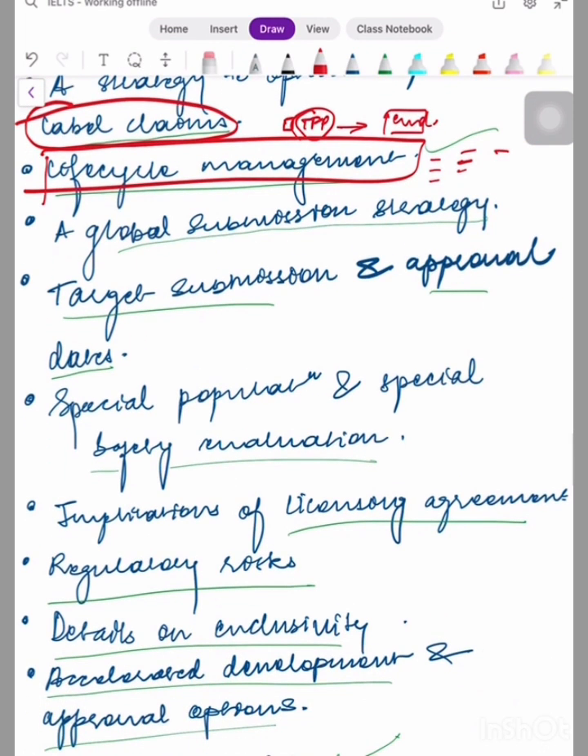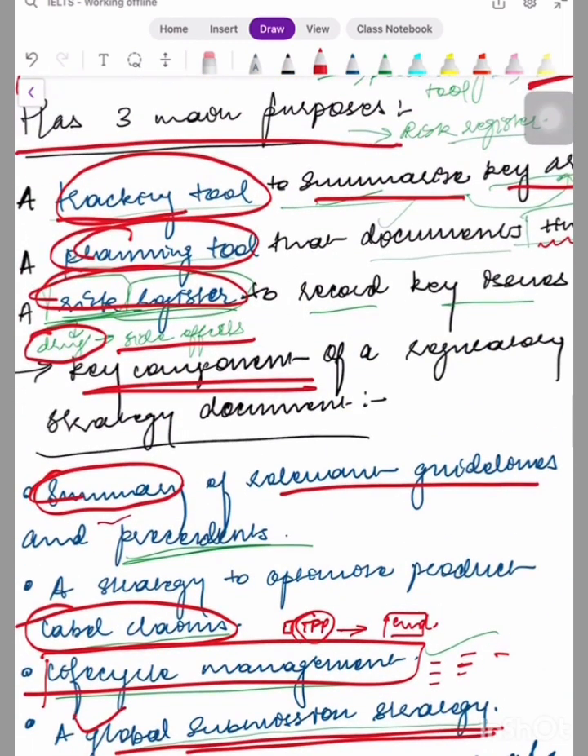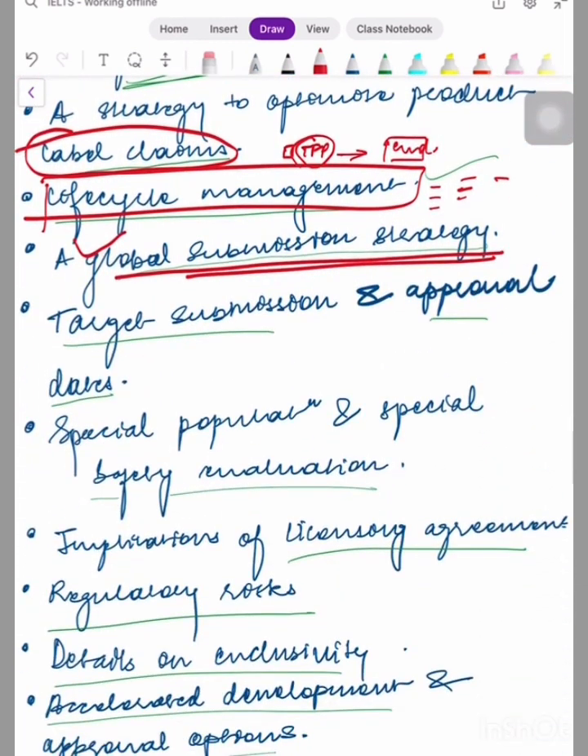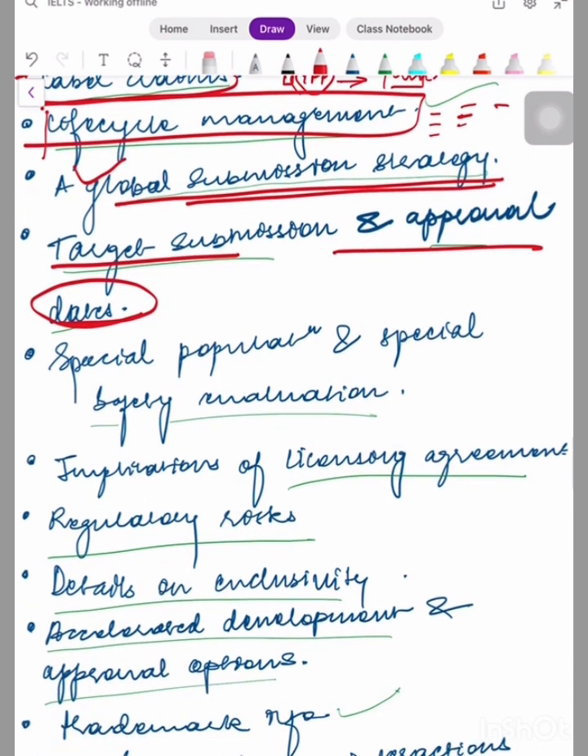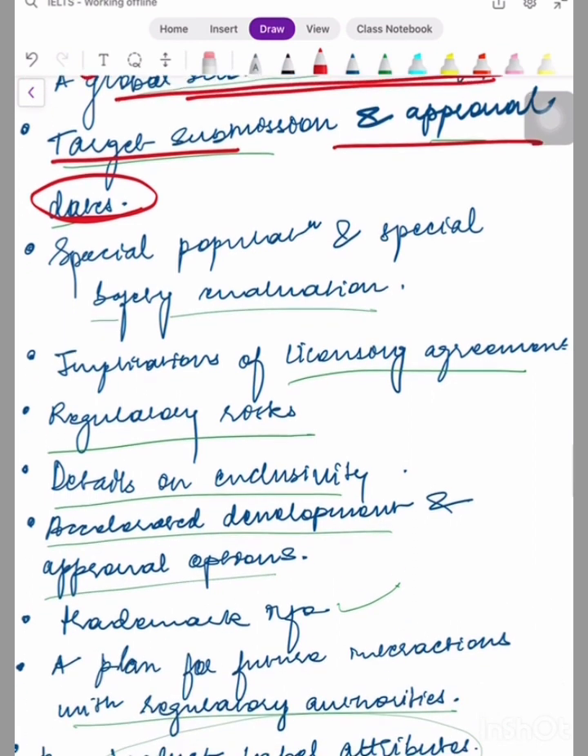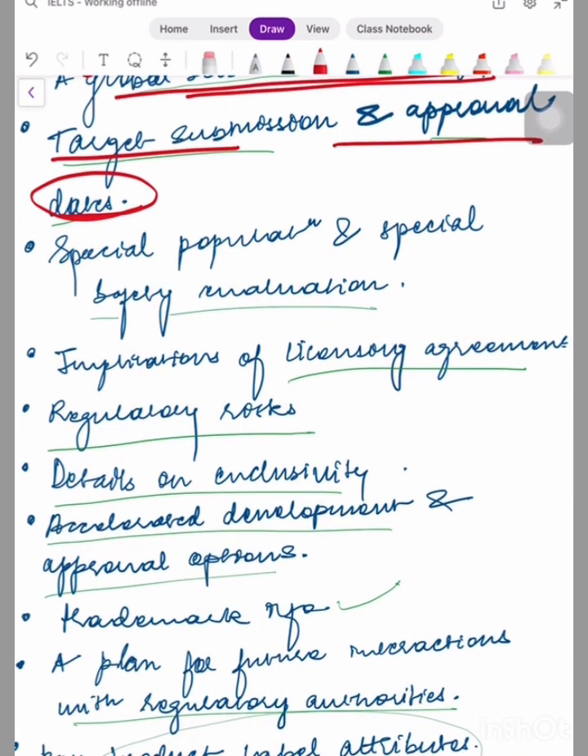A global submission strategy. Now you're going to submit a lot of documents, a lot of dossiers to different agencies of the world. By agencies I mean regulatory bodies. So you need a global submission strategy, and that is also part of the regulatory strategy document. Target submission and approval dates. So you would have some kind of target submission and you would have some approval dates, that is also part of it. Special population and special safety evaluation,